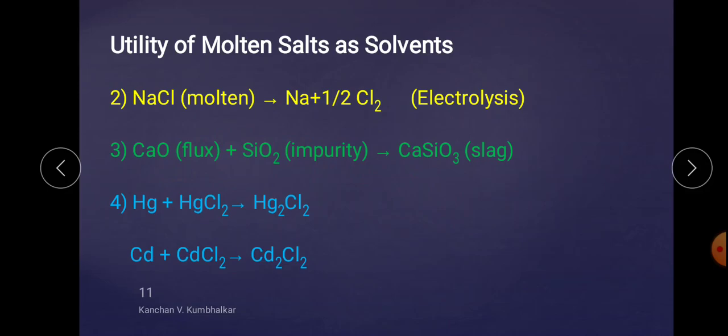The metal has been extracted from the earthy part. The metal is present in an impure and ionic form, but we have to convert it into a metallic and purest form. For that purpose, the metallurgical methods are used. Molten salt is used in metallurgy to remove silica as a slag. We have to remove this silicate by using a molten salt like this. So the metal extraction can be done.